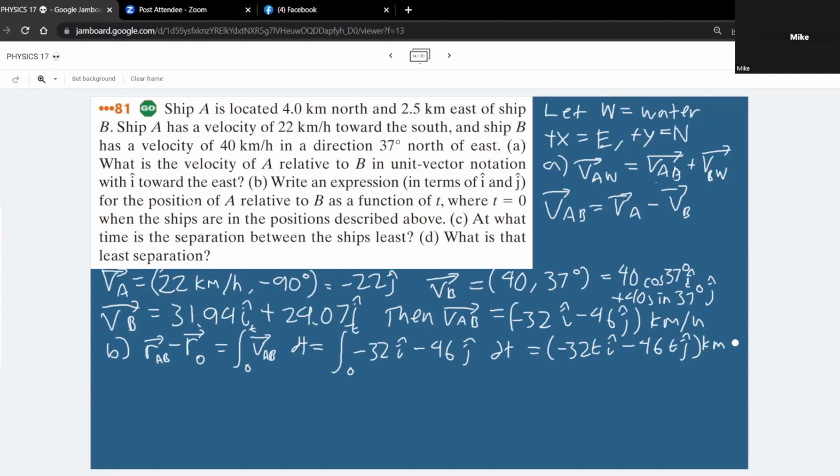Okay, ngayon, new line. Kilometer per hour, kasi yung T may units ng R. Pero is there no use to the information nga po na the ship A is 4 kilometers north and 2.5 kilometers east? Meron. That's R sub 0. Okay. So new line, R sub AB is equal to,